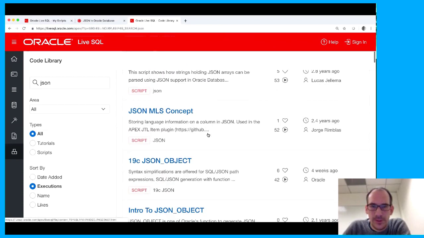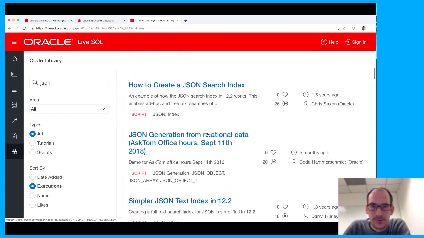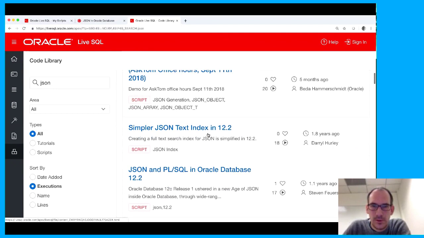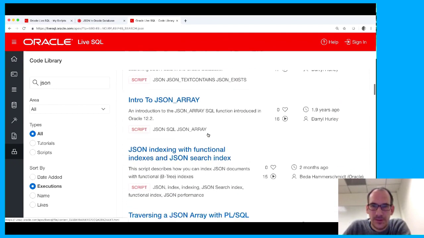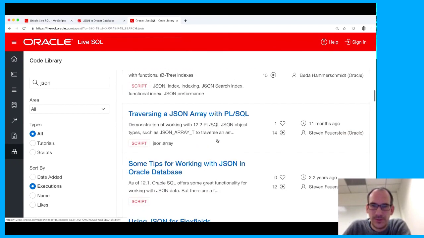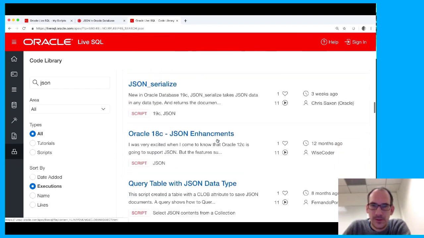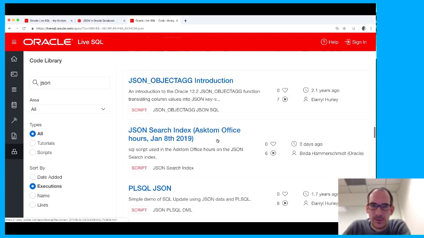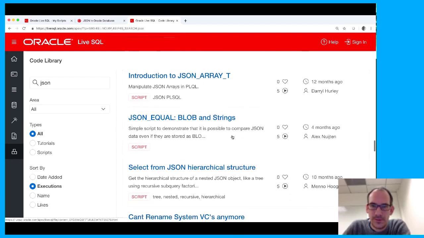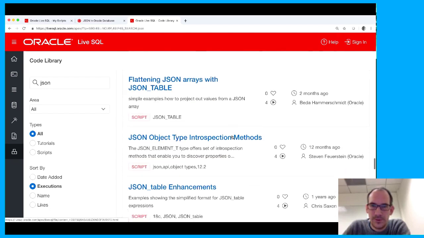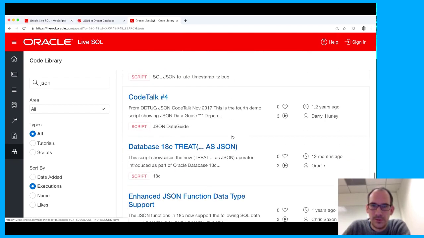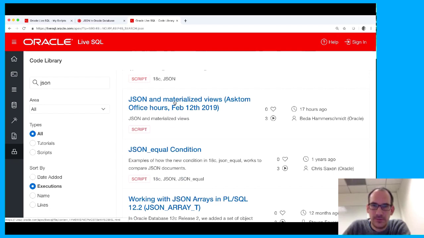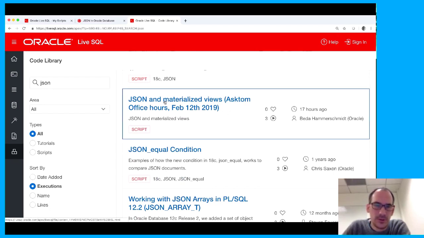Oh, there's quite a bit by now. JSON object. But these things show up. Okay, text contains. Oh yeah, this was the first one. Indexing. Search index. Where's the materialized view? Wow, wow, wow. I didn't know we had this much stuff on there, but here it is. So you can either look for a materialized view or just look for JSON and scroll a bit,